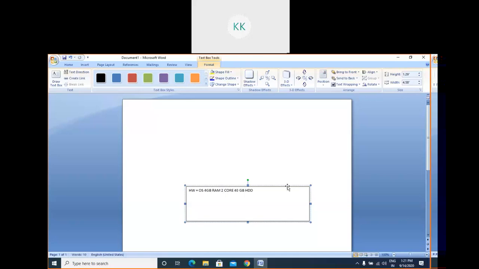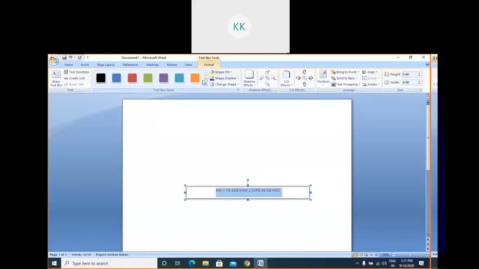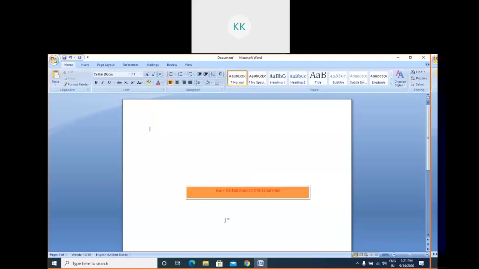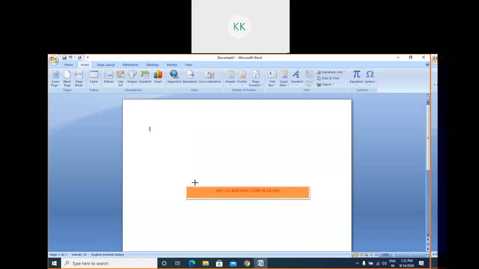So this is the local configuration, or you can say the host configuration. This much is required to run the host. Now on top of this host, we are placing another layer.